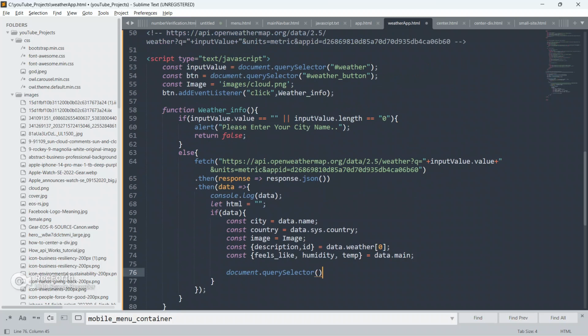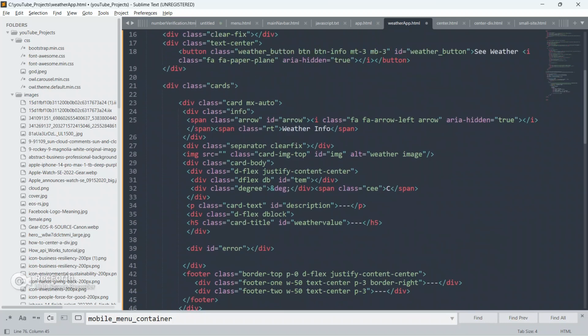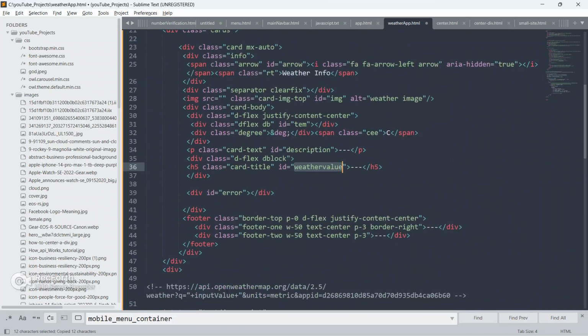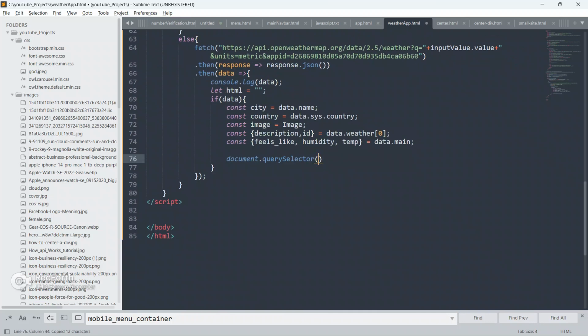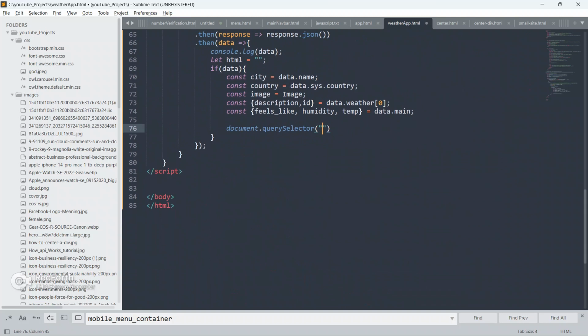Document dot query selector, what is the weather value? This weather value. Okay, and it is an ID. Yeah, it is an ID, so we have to put hash dot inner text